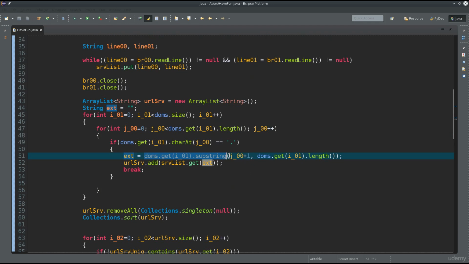Substring is basically: go to this position, begin from this position, so j_00 plus 1, and fetch us the variable and go all the way to the end. So go from the dot, skip the dot, hence the +1, and go all the way to the end, no matter what else is there, and add that to the ext, and we shall use that as our